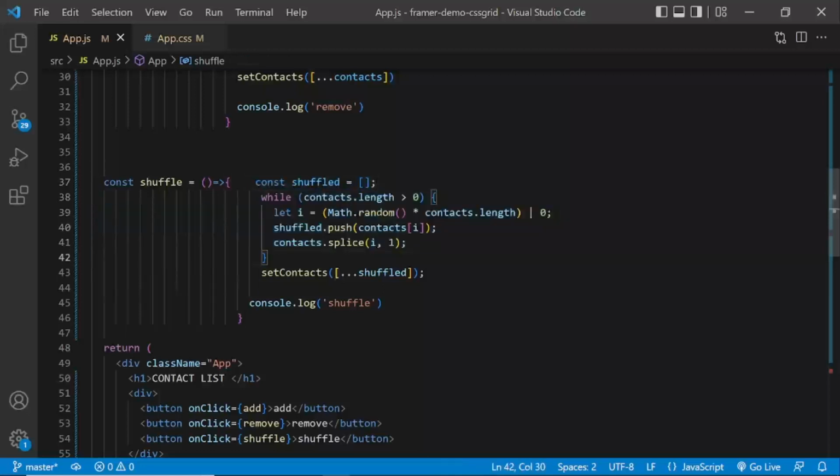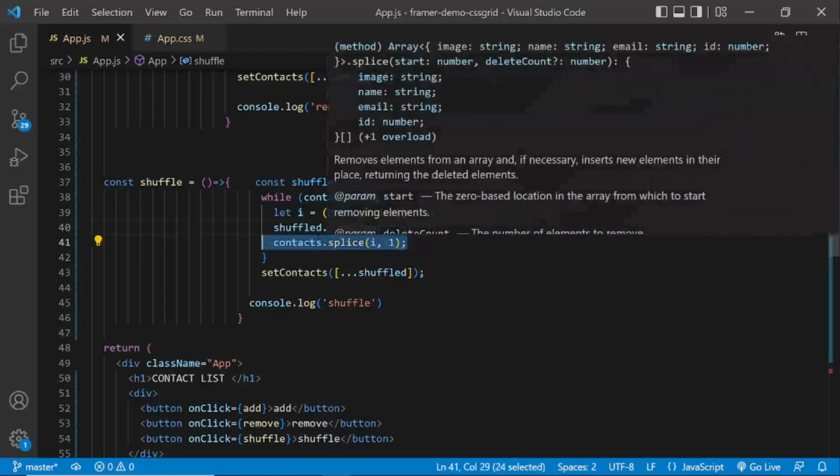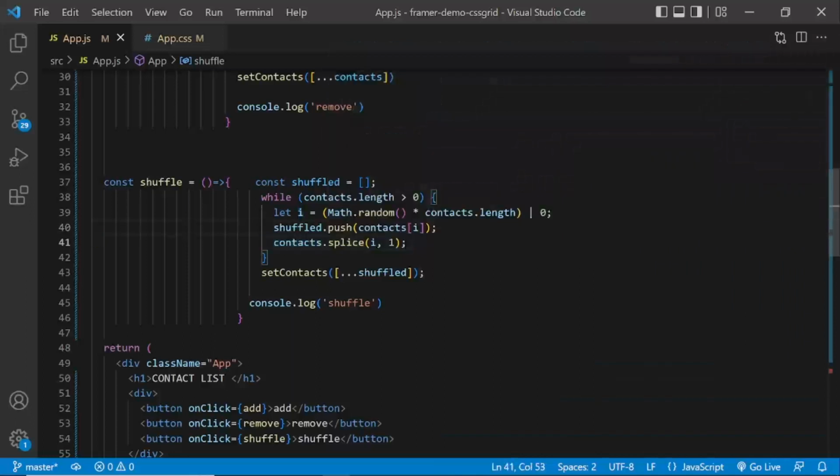Basically, it's getting a random item from contacts and pushing it onto the shuffled array. Then it's deleting it from the contacts array. So every time it loops through, there's one less contact, and it's removing a random contact from there and copying it onto the shuffled array. That's what that while loop is doing. And then I'm just setting the state with set contacts, using the shuffled array.